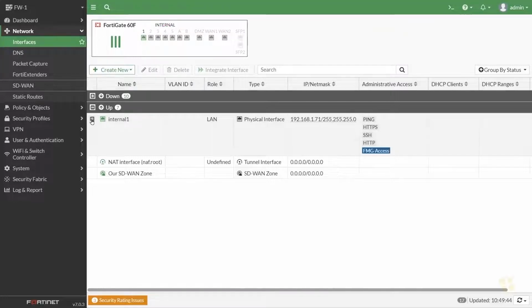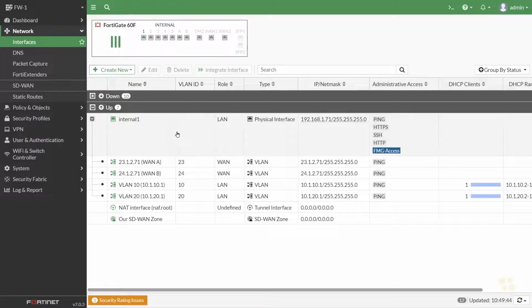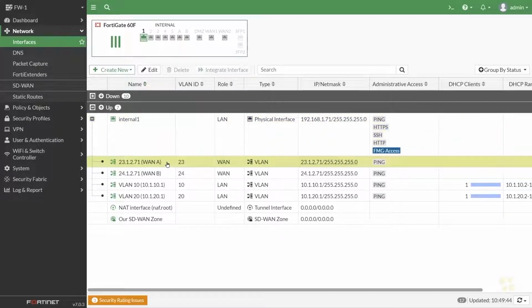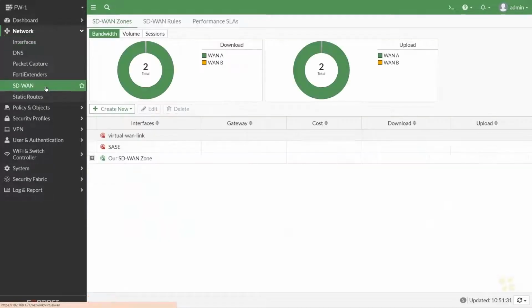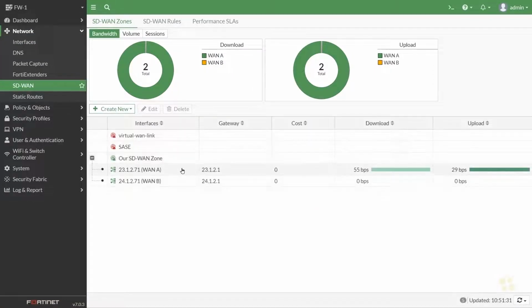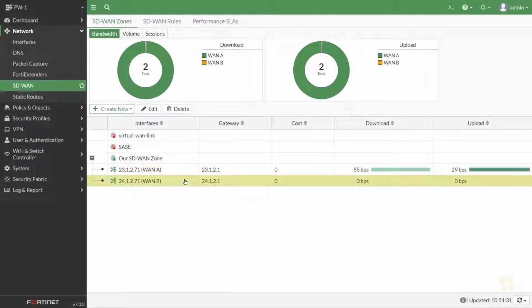So here is internal one that I'm currently using. And on the physical interface, I have the management IP address of 192.168.1.71. All right, so that's our management interface. And then I've got two sub-interfaces, two VLAN interfaces, one for WAN A and one for WAN B. And those are both included as part of SD-WAN. We'll take a peek at that real quick. So here's our SD-WAN zone, and there's those two interfaces that are participating as part of that